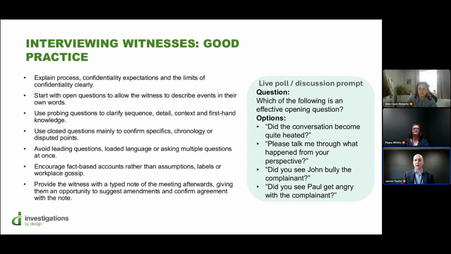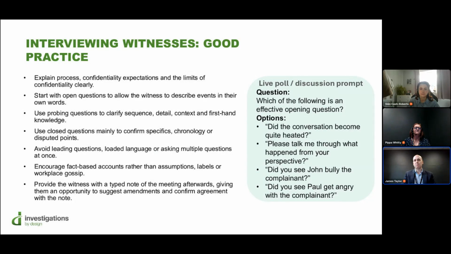This means creating a process whereby witnesses can give their own account in their own words without being led to a particular answer. So at the start of the meeting, it's important to explain the process clearly. This includes the reasons for the investigation meeting, confidentiality expectations, the limits of confidentiality, and what would happen to their notes, and the fact that their notes might ultimately be disclosable or viewable should processes go beyond the process that you're in. Witnesses should also understand that they have the opportunity to review a note, suggest amendments, confirm where they agree and note it, all in accordance with the terms of reference.